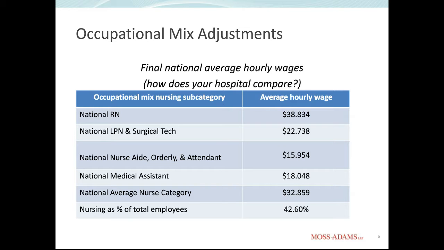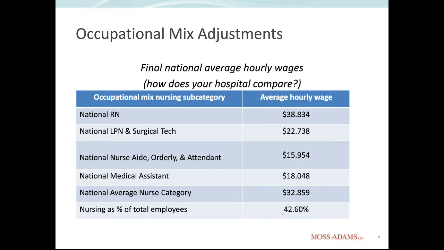We always recommend that your occupational mix survey information be reviewed by an expert or somebody outside of your organization or somebody that you really trust. Get it reviewed before you submit it to the MAC, because the fact is this data has a 3-year impact on the development of future wage index factors. The largest changes to the filed surveys typically happen in the first year. So you submit the data, and then right away you realize something's wrong and you get it changed. And then maybe you're good for years 2 and 3. The smallest changes are always in year 3. So it usually takes about 3 years before everything kind of settles out,